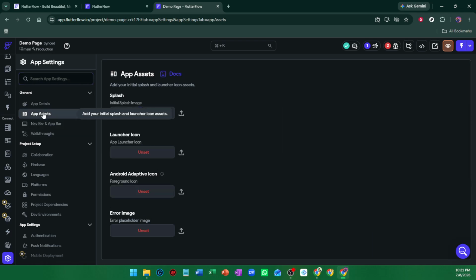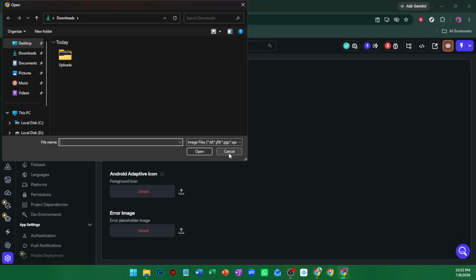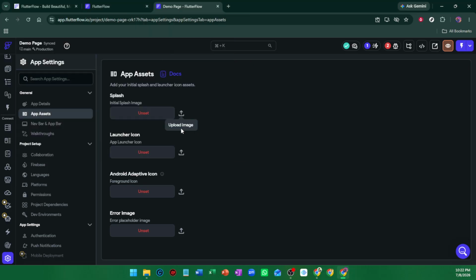After that, scroll down until you find the splash section. That's the area we'll be customizing. Now click Upload Image and choose the logo you want to use for the splash screen. A transparent PNG is usually the best choice because it tends to look cleaner and more professional against different background colors. Try to use a high quality version of your logo so it appears crisp on a variety of screen